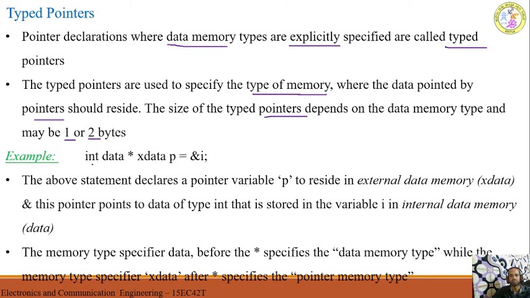For example, int xdata star p, which is equal to ampersand of I. The above statement declares a pointer variable p. Now the variable p is a pointer variable because I have added star. If I add star for the variable, then this is a pointer variable to reside in the external data memory.